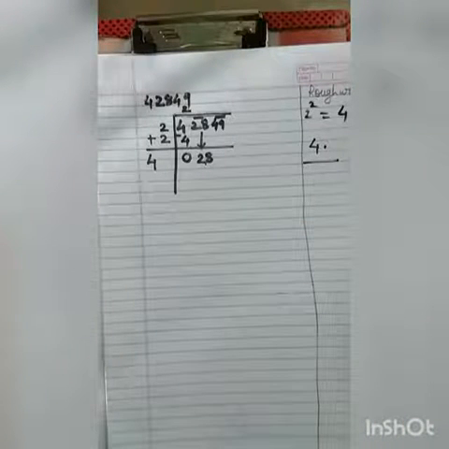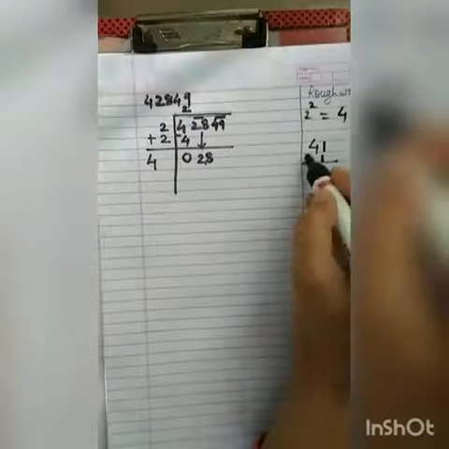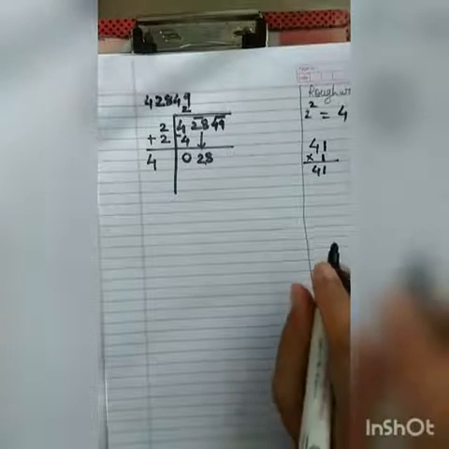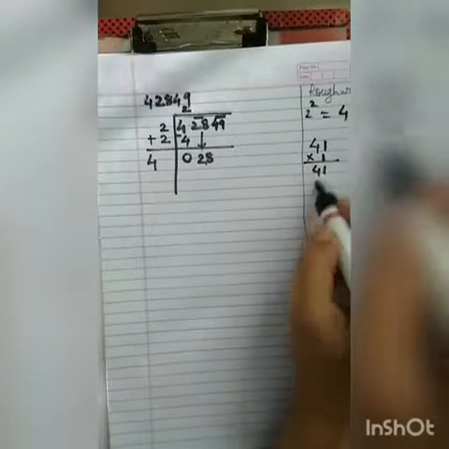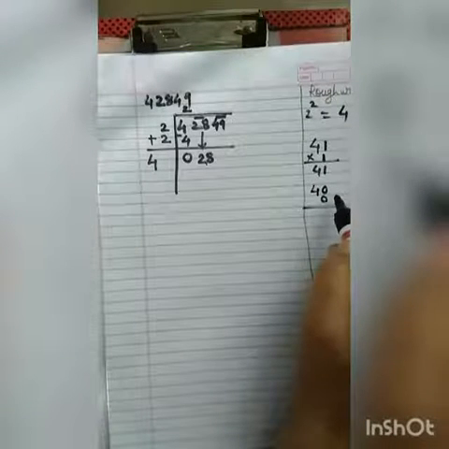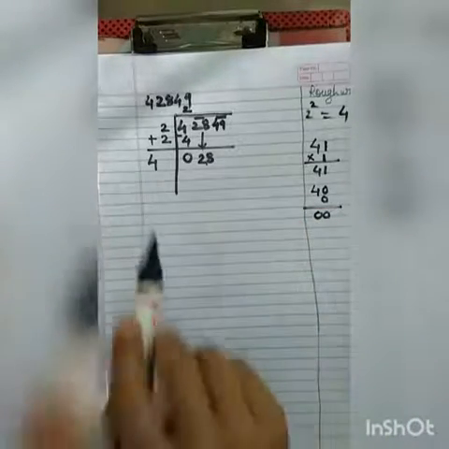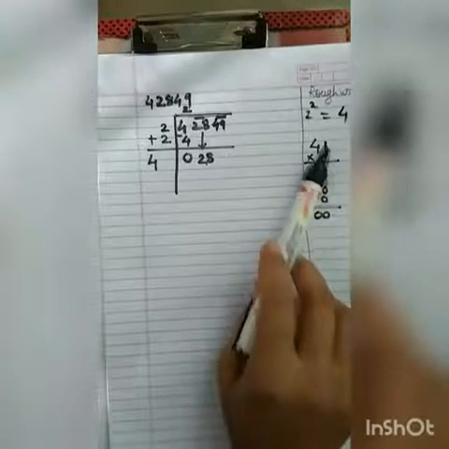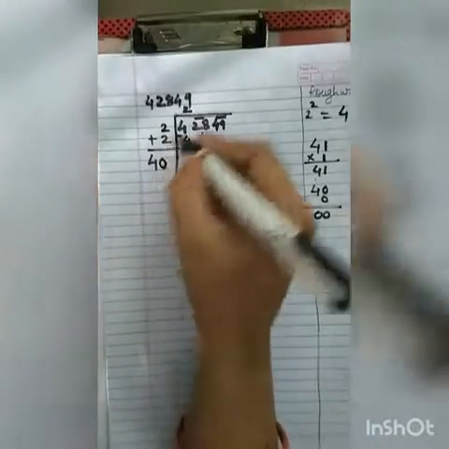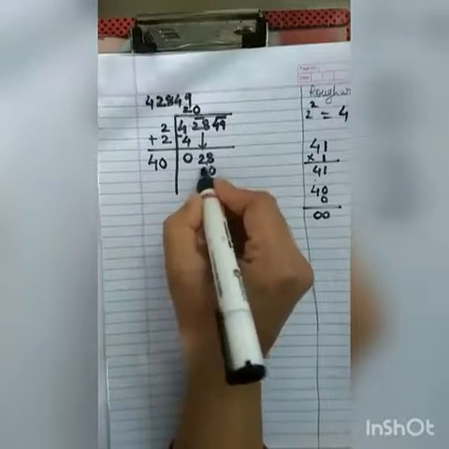Now as you know, if I take the smallest number 1, then also I will get a bigger number than 28. So what will I take here? Instead of 41, I will take 0 here. Because as I take 0, only then will I get a number smaller than 28. Because if I start from 1, it will be a bigger number. So what will we take here? 0, and here I will take 0.